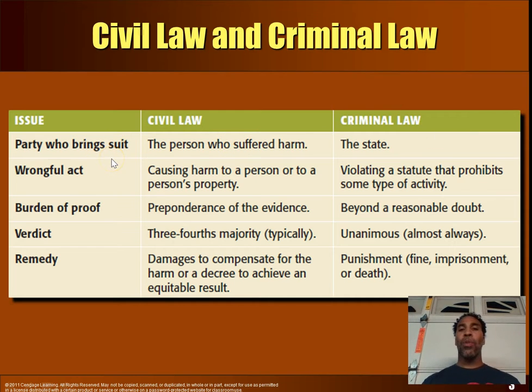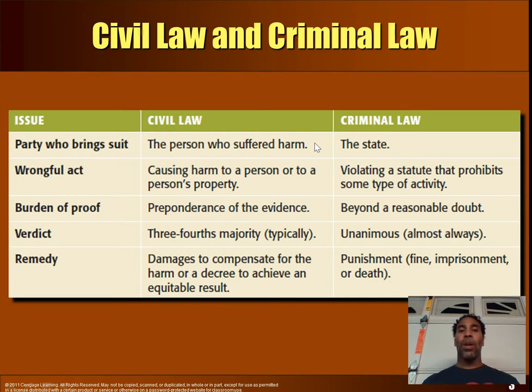So a party brings a suit, right? That's the plaintiff, the person who suffered harm in civil law. So in criminal law, it's the state. Right, because when you assault someone, you've done something that is against the policies and procedures of the state. But that also hurt and harmed that individual, and that's the person who suffered harm, and they would get you